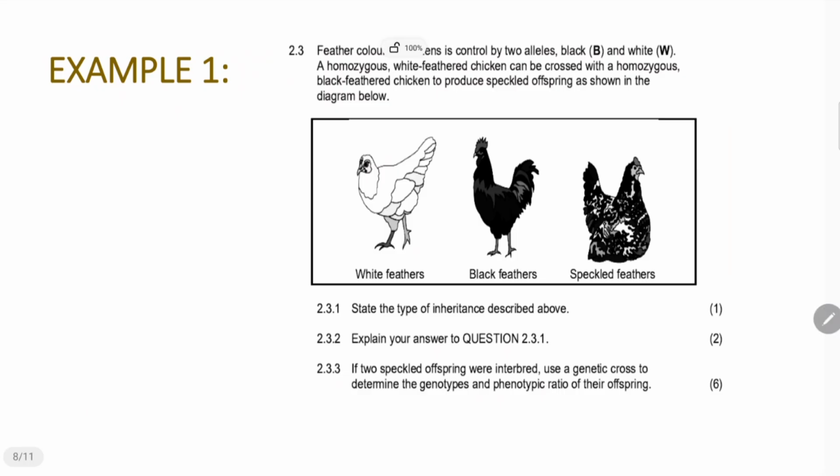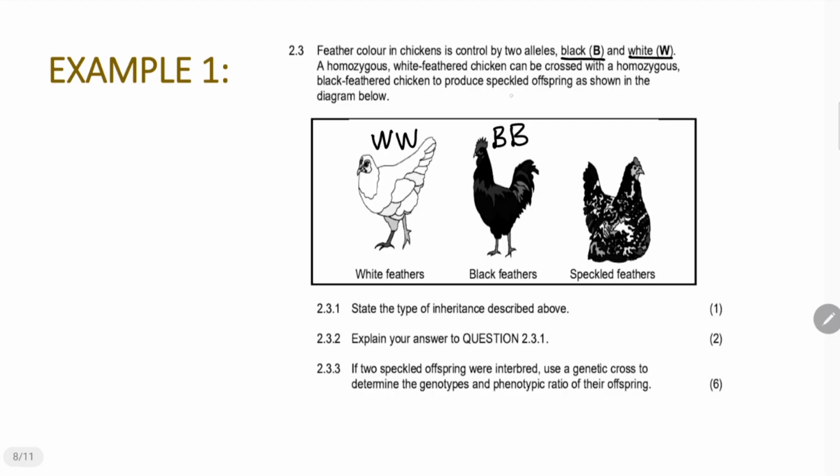Here it says that feather color in chickens is controlled by 2 alleles. We can have black and white feathers. A homozygous white feathered chicken. So we know that in order for this chicken to be white, it must have capital letter W. And if it is homozygous, it tells us that this white chicken is capital letter W, capital letter W, right? So a homozygous white chicken can be crossed with a homozygous black feathered chicken. And this chicken here is black. And we know that in order for this chicken to be black, it must have capital letter B. So the genotype for this chicken is going to be capital letter B, capital letter B,